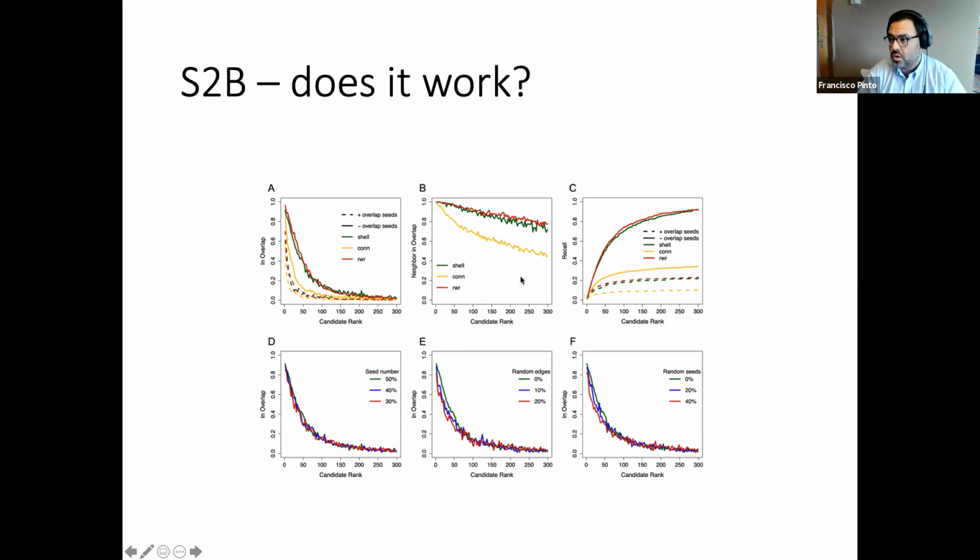At the time, there were no available methods to make this type of prediction, because there are a lot of algorithms to predict genes associated with a single disease, not with a pair of diseases. We also evaluated if our method was